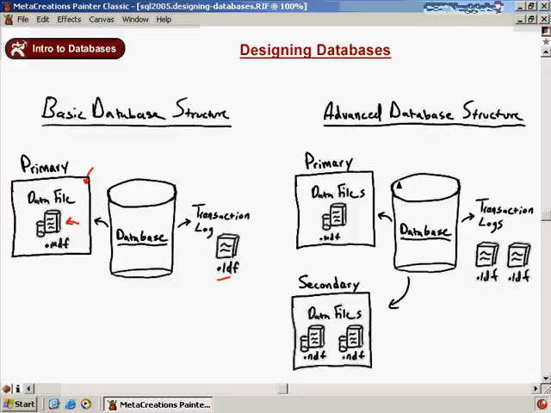The advanced database structure, though, is handy if you need the performance increase, if you have a lot of activity and you want to speed up performance. Again, it's a little harder to manage just because we have more files and file groups to manage, but at the same time, it could be worth the performance gain. Basically, how this would work, let's say we created this database structure. We would create one primary file group with the primary data file in it. That would actually get created automatically for us. And let's say